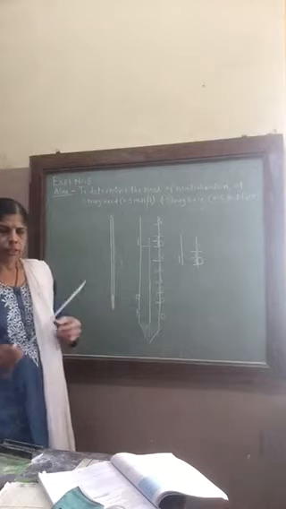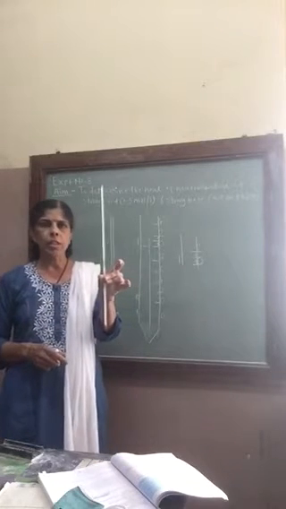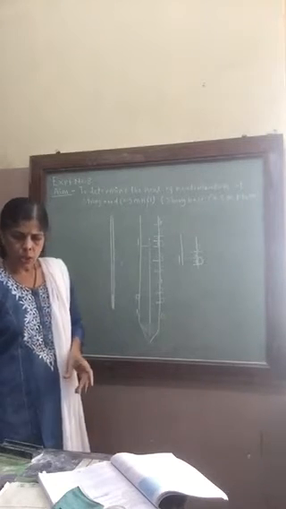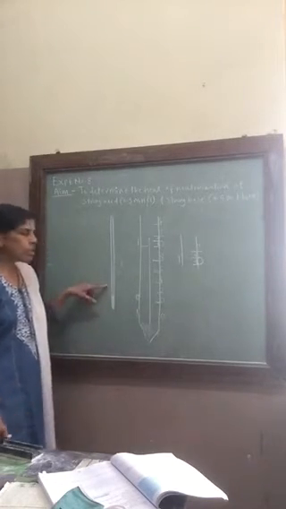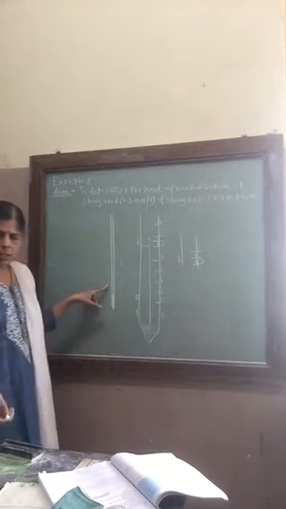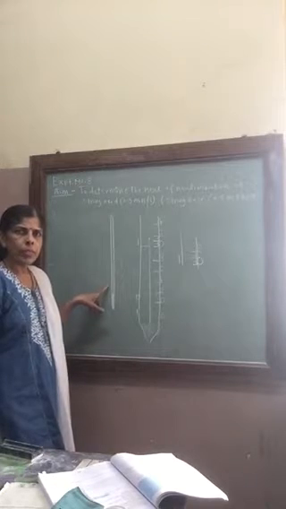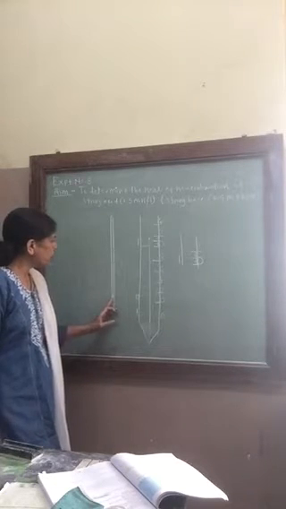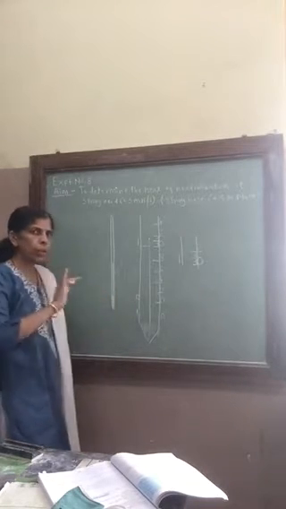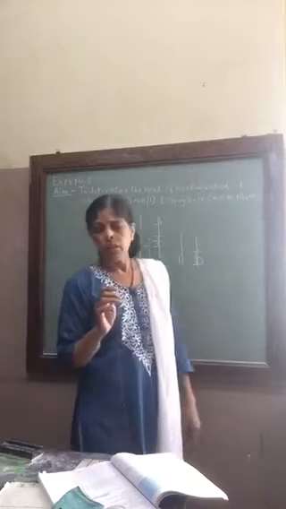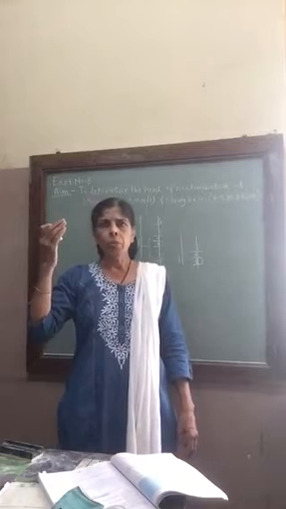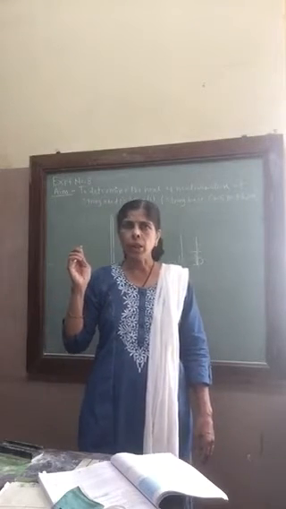The thermometer looks like this. It is a glass apparatus, of course. It is very thin, so its diagrammatic representation is like this. At the bottom you can see mercury, which is red colored. Then you can see at the center a red colored line. According to temperature, that line will be showing the temperature.